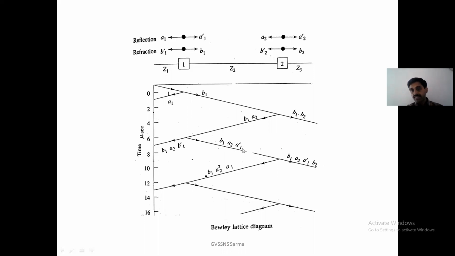Let us see this wave when it has reached the junction J2 at this position from left to right. What is the transmission value? B1 A2 A1 dash into the transmission coefficient B2. What is the value reflected at this position? B1 A2 A1 dash into the reflection value A2, that is B1 A1 dash A2 into A2. Like this, I think you understand this point. Like this, you can find out how the value of a wave of unity magnitude, if it is incident, will change with reflection and refraction at every junction.